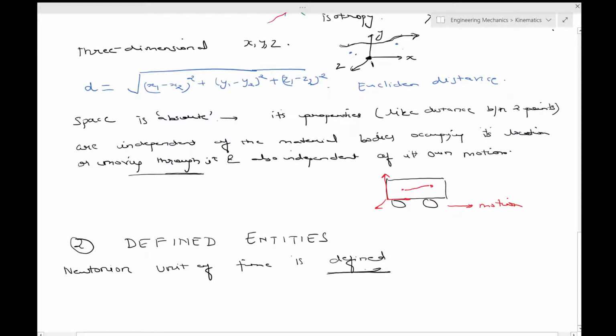This is an important word, okay. We knew what time was, we had some basics, but now we have to quantify it, and for that we need a definition. That's where we are under this topic of defined entities. So the Newtonian unit of time is defined as the